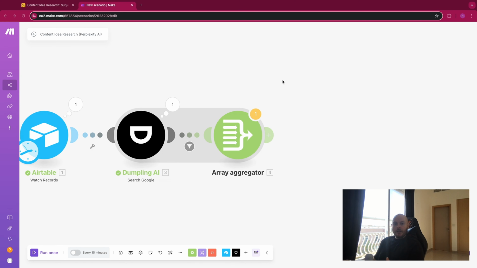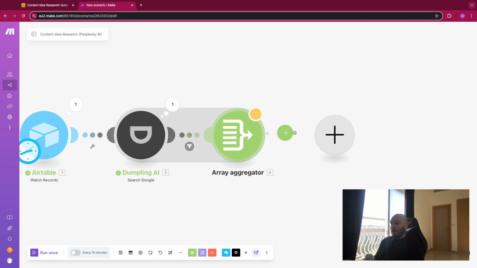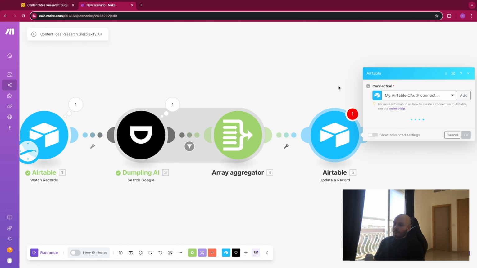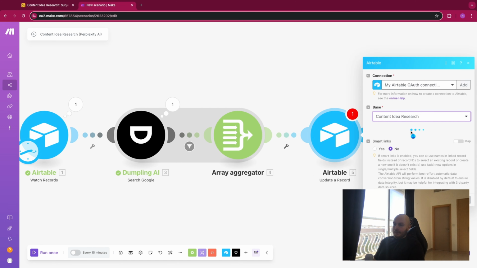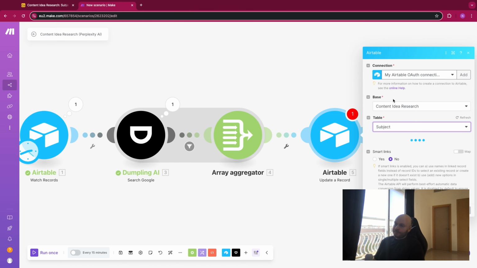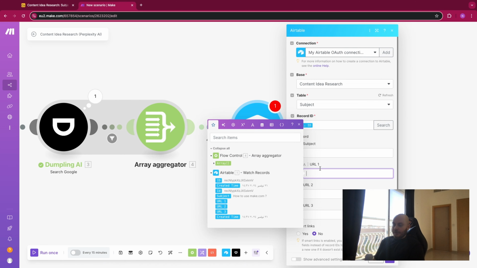After the third module, we should have some URLs that are not YouTube links. So we want to add them back here in URL 1, 2, and 3. So the three best results from Google that are not videos. So we go back on Airtable, update a record. Base: content idea research. Table: subject. Record ID is this one. Subject, we don't touch it because we already entered it. URL 1 will be